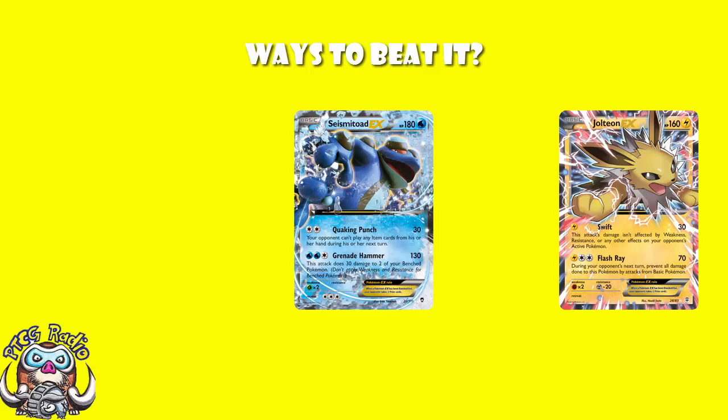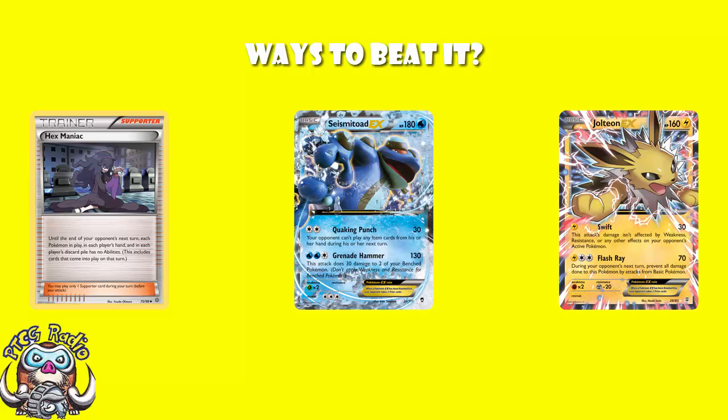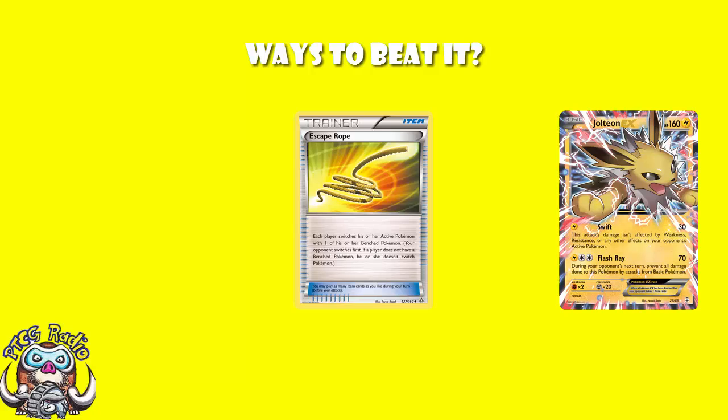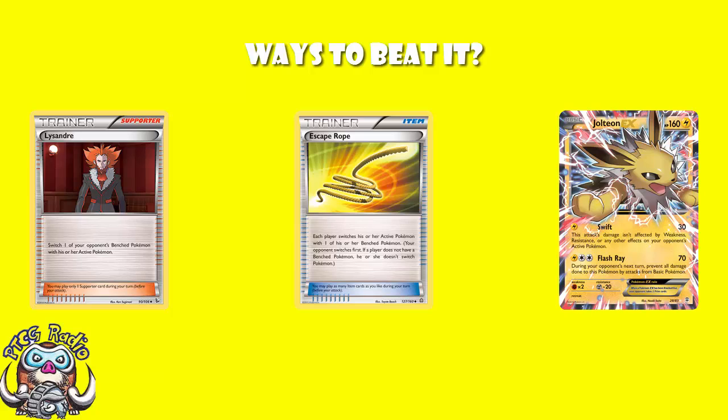once you do the attack, it is there. What that means is Hex Maniac won't turn it off, it's not an ability, and things of that nature. However, it must be pointed out that as soon as Jolteon goes to the bench, he is no longer considered the same Pokemon. So for instance, if you were to play an Escape Rope to put Jolteon to the bench, and then play a Lysander to bring the Jolteon back active,